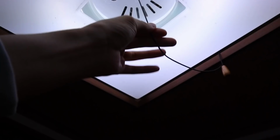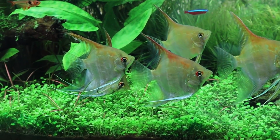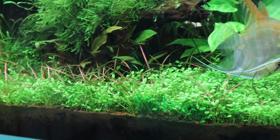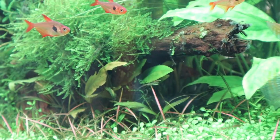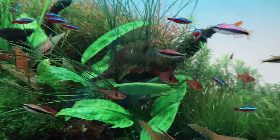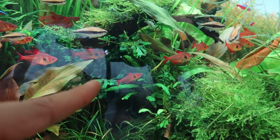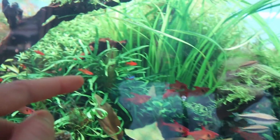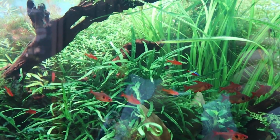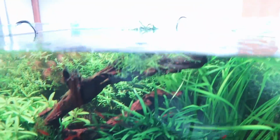Let me turn off this light here. Oops. So that we can see this tank better. Probably should have turned it off to begin with. Glossostigma looks really nice too. What other plants are there in here that I haven't talked about? I think I've mentioned all of them. Got the weeping moss, bucephalandra, Hydrophila, trident Java fern, Cyperus helferi, this grass-like plant. If we take a look from above,